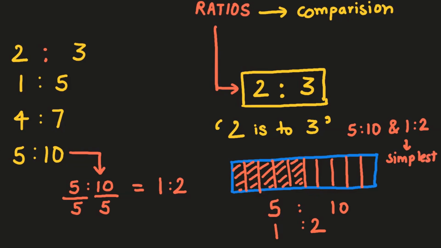Now what I can also do with ratios is that I can compare more than two quantities, which is not possible in fractions because there's only the numerator and the denominator. Yes, you can compare three quantities even in fractions, but that will result in more than one fraction, which we do not consider. In ratios, only in one ratio you can compare more than two quantities, which we will learn in the next video.